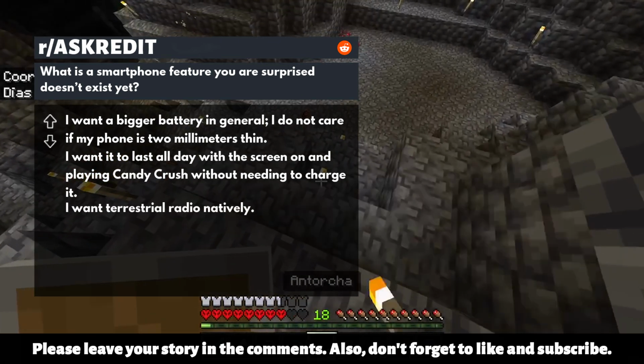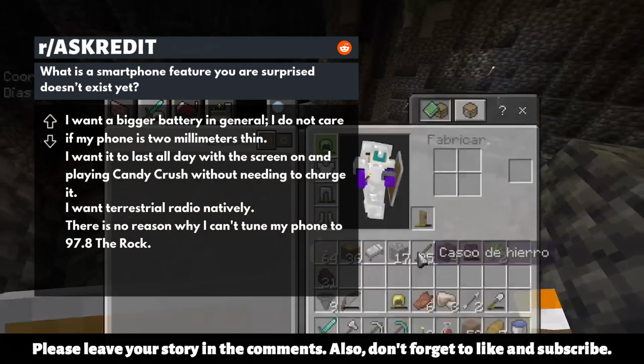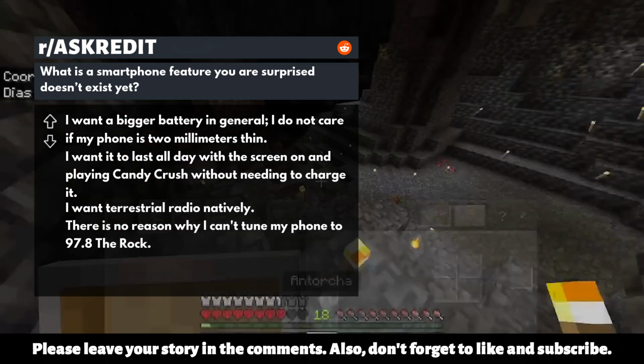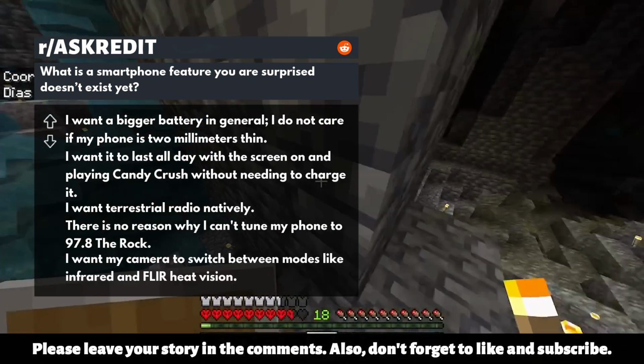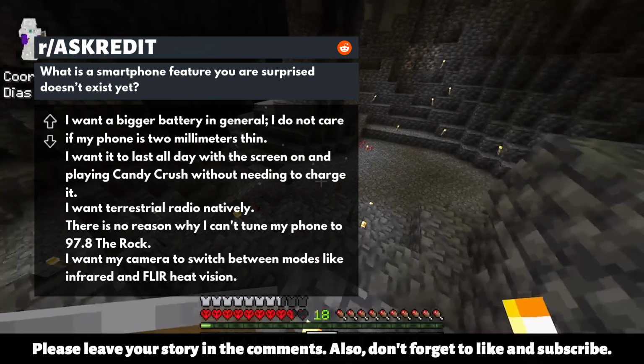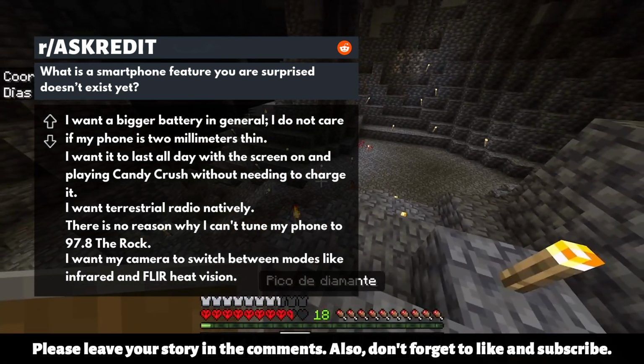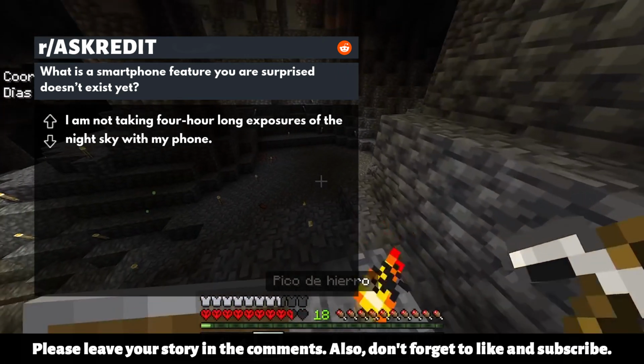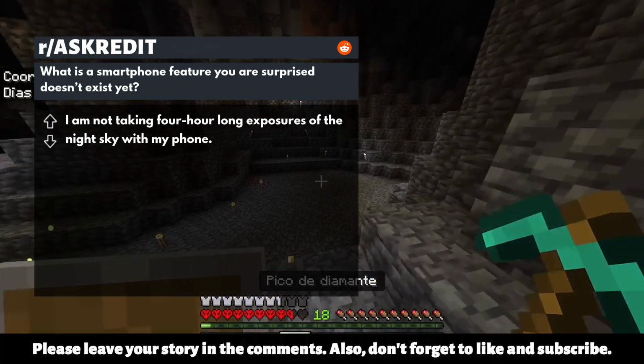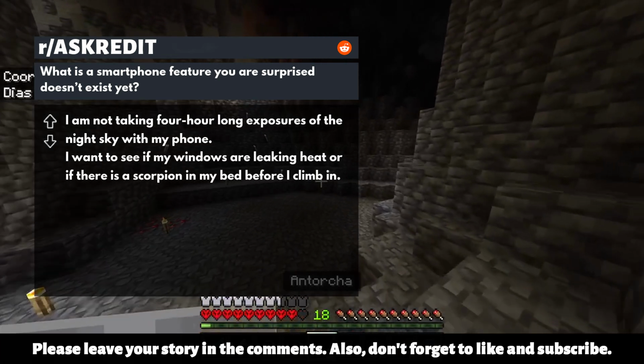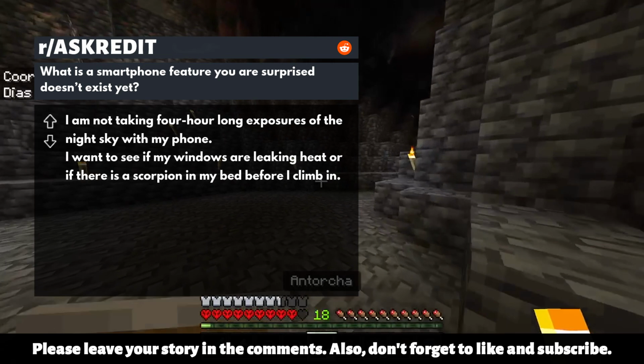I want terrestrial radio natively. There is no reason why I can't tune my phone to 97.8 The Rock. I want my camera to switch between modes like infrared and FLIR heat vision. I am not taking 4-hour long exposures of the night sky with my phone. I want to see if my windows are leaking heat or if there is a scorpion in my bed before